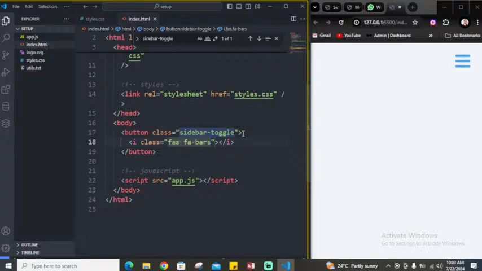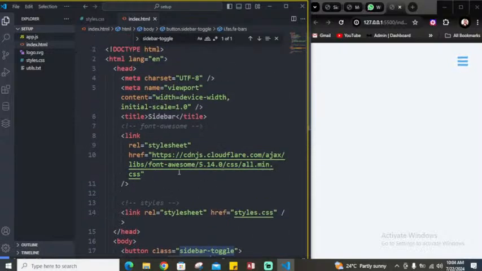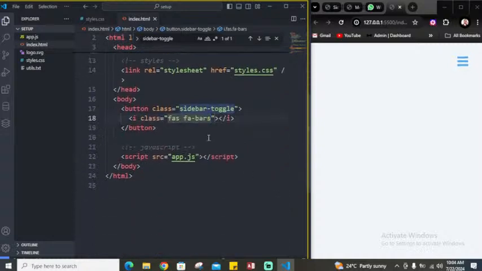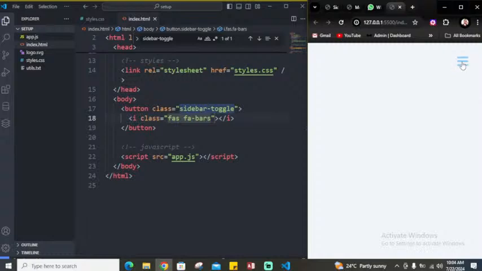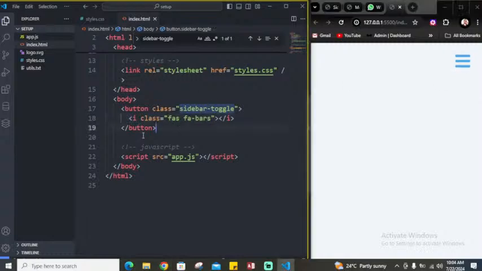You can see the button is there. Do you see the button? Please ensure you are internet enabled. Joy, are you internet enabled? If you are not internet enabled, it will not show. Please, anytime you are linking a CDN, you must be internet enabled. If you are not internet enabled, wherever you are linking from the cloud, it will not show. So you can see this is a URL on the top. So you can see this guy now. This is the hamburger button that we have brought inside our website using